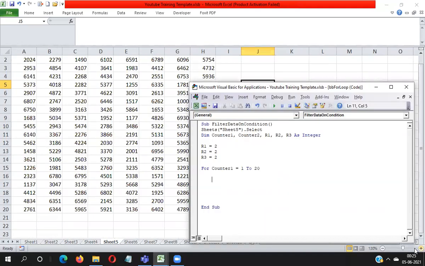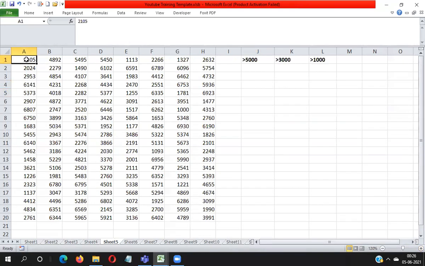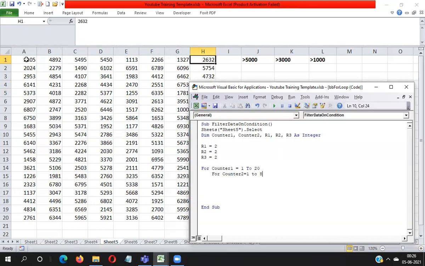Next for loop for counter2, I need to apply 1 to 8. Why I'm taking here 1 to 8? Because I need to execute my loop on columns. This columns 1, 2, 3, 4, 5, 6, 7, 8.